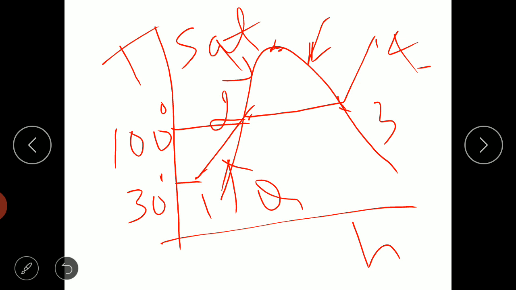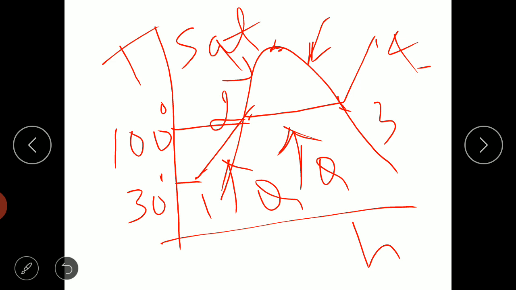Okay. With the increase of pressure, the saturation temperature of water will increase. Okay. With the decrease of pressure, it will decrease. So keep that in mind. So again, once you reach within the vapor dome, we see 2 to 3. It is a straight line. So what is this indicating? As we are supplying heat, there is no rise in temperature. But where is the heat going? The heat is utilized to change the phase of saturated liquid to saturated vapor.